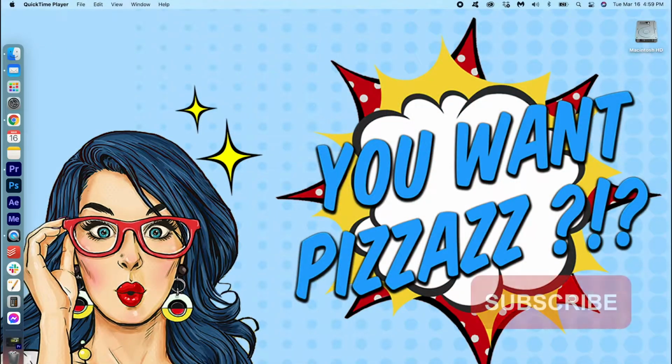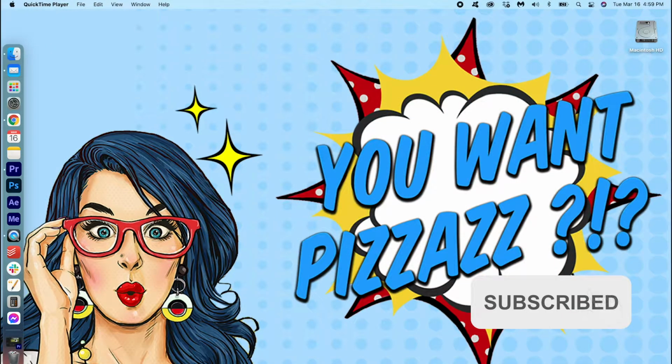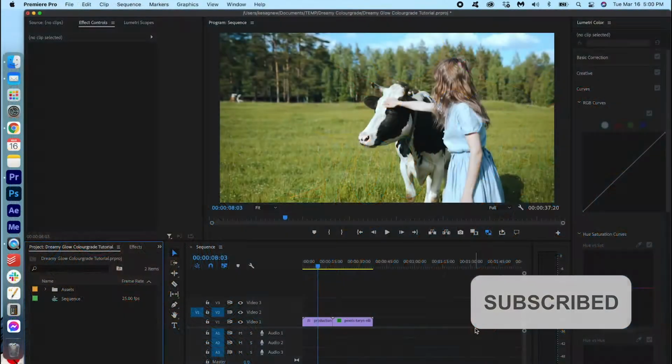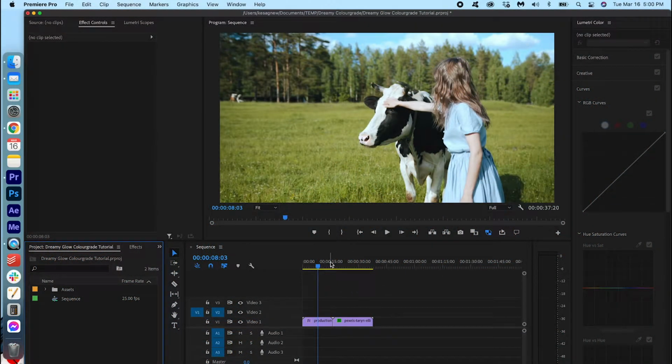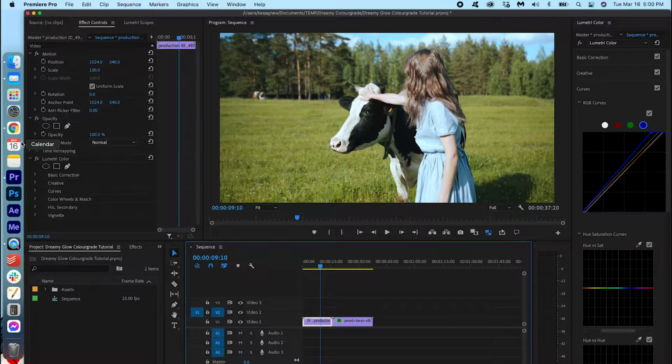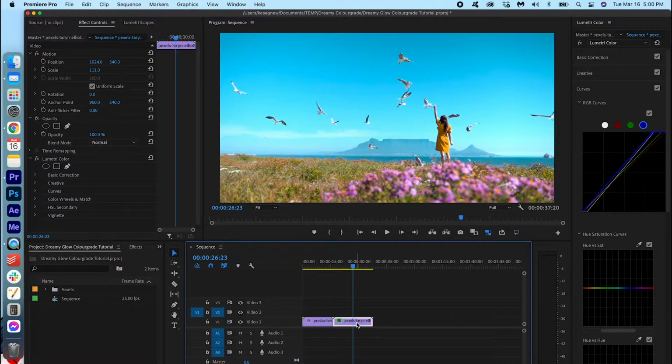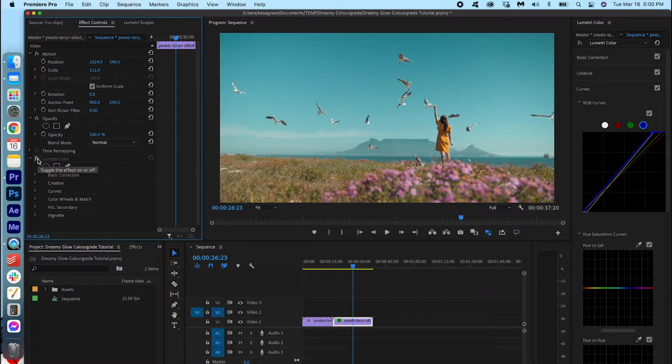Today you're going to be learning how to do this dreamy, glowy color grade in Premiere Pro. So you can see I have two clips on the timeline. I've already applied a basic color correction on top of that, so I would advise doing that before you start here, because everything we're going to be doing is on an